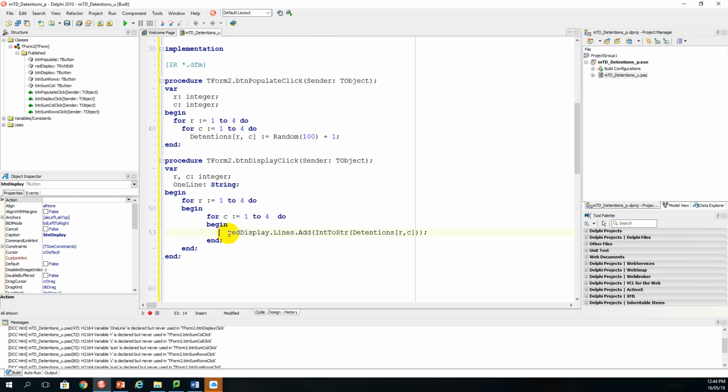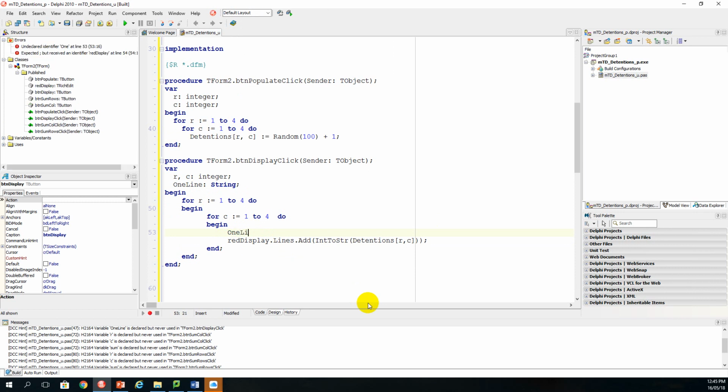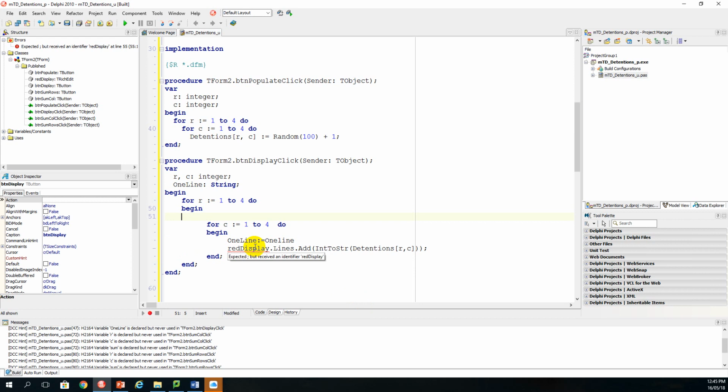Now we'll leave it there and we'll bring in a one line. And that's the reason why I declared one line. And I'm going to say one line is assigned one line. Now I want to declare one line to be a blank before each row starts. So I'm going to say one line is assigned a blank